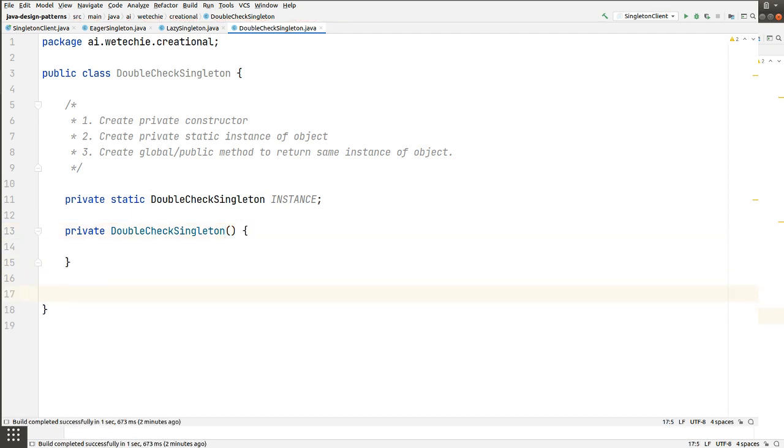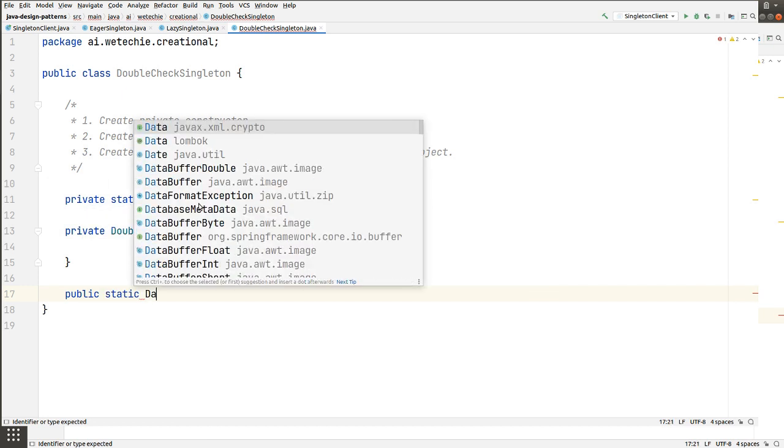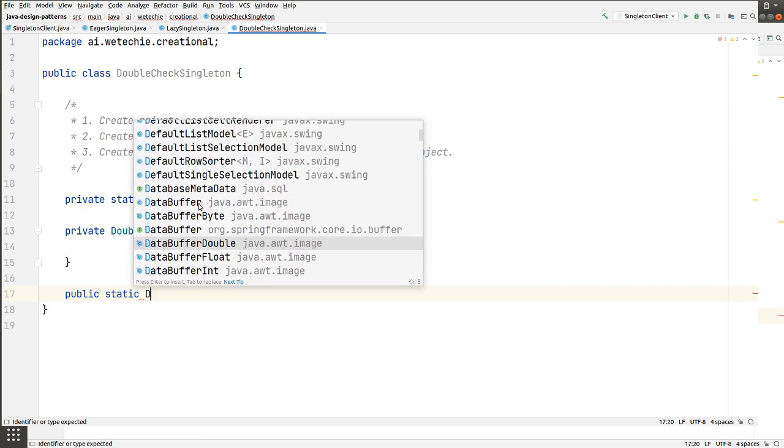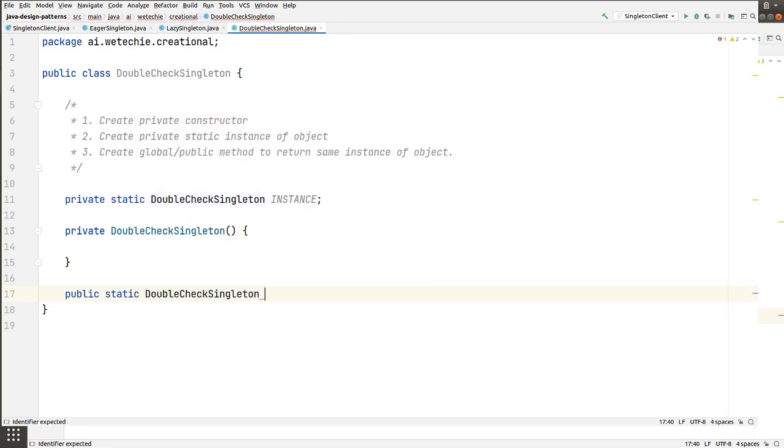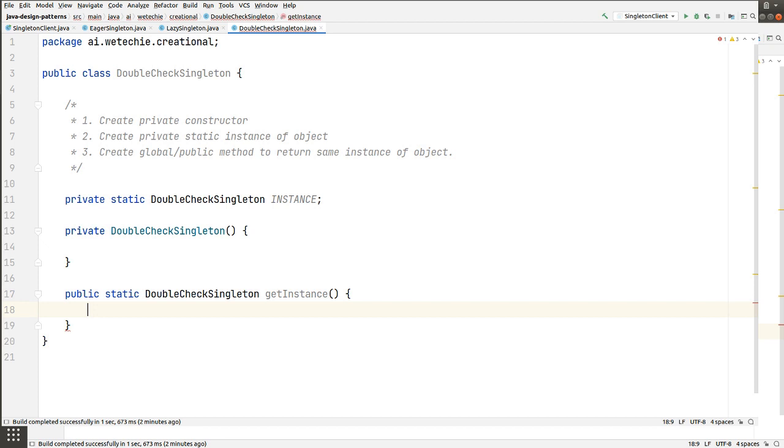I hope now you're aware of why we are creating a private constructor and a private instance of the object. Another is the global method, public static double check singleton type, which will be returning the instance back to the client class.